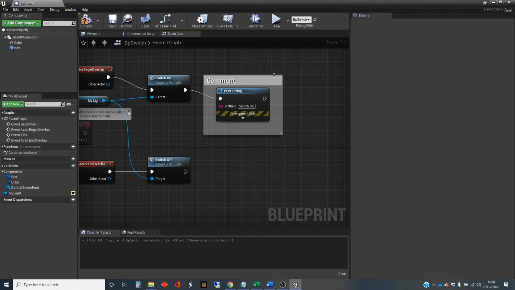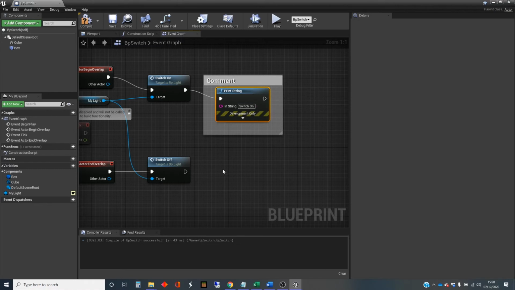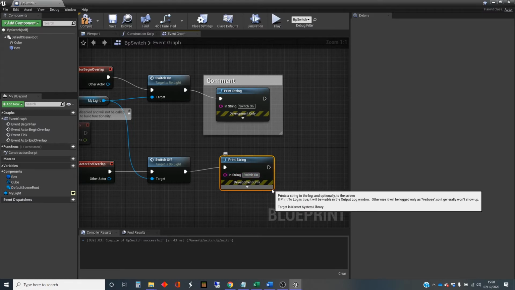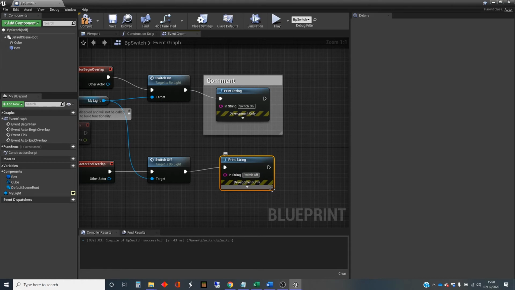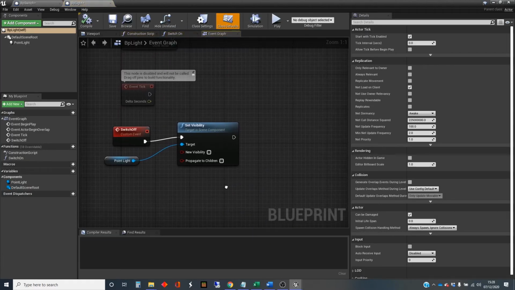Mistake. I tried to copy that. I hit the wrong key. I can't remember dealing with it because I don't seem to be able to. So that will be switch off. There we go. And what we're going to do is compile that, go into the light, and similarly inside the